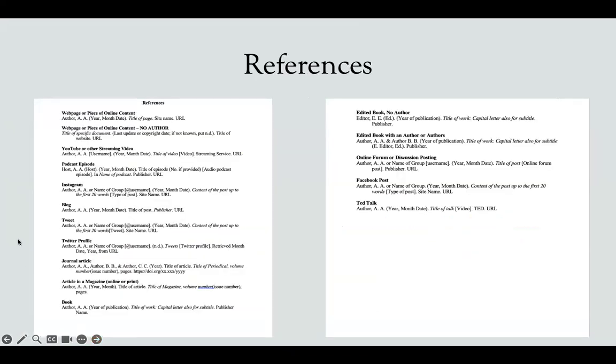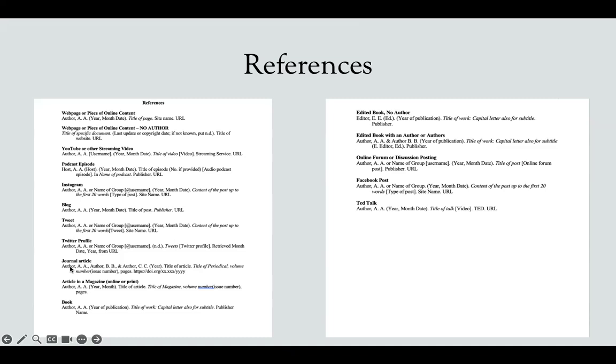Now, the references. You need to get the information from somewhere. So what I've done on the template, if you scroll on your template, you'll see that I've given a little cheat sheet for the many different types of references or sources that you would be going to. A lot of this is just going to be online content. So you'll do it like this one. If it doesn't have an author, it looks this way. If you found something on YouTube or a podcast, Instagram, a blog, we don't tweet anymore, but X,